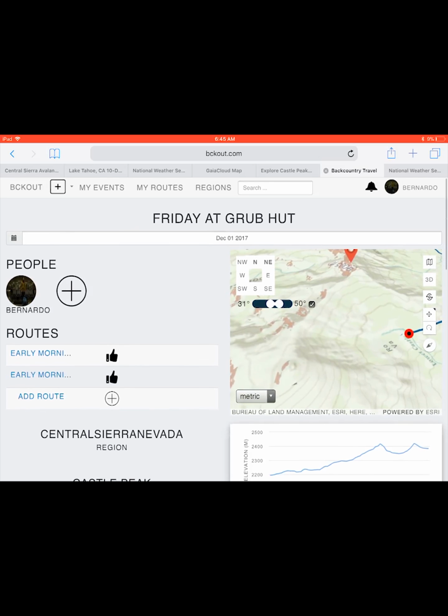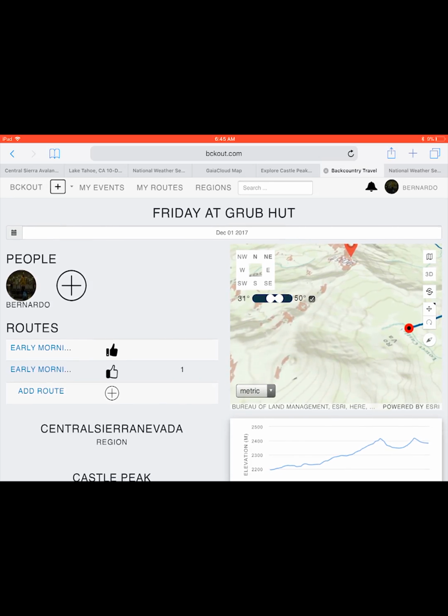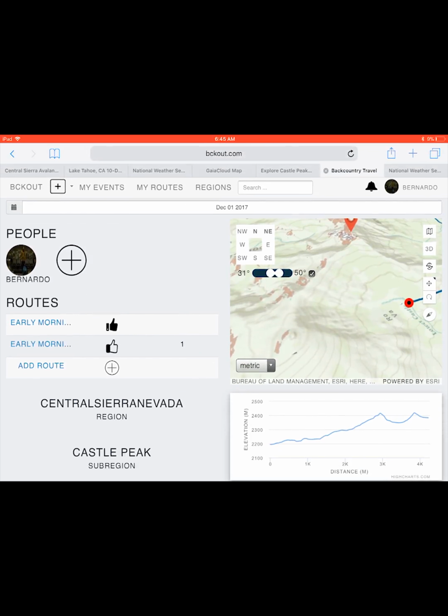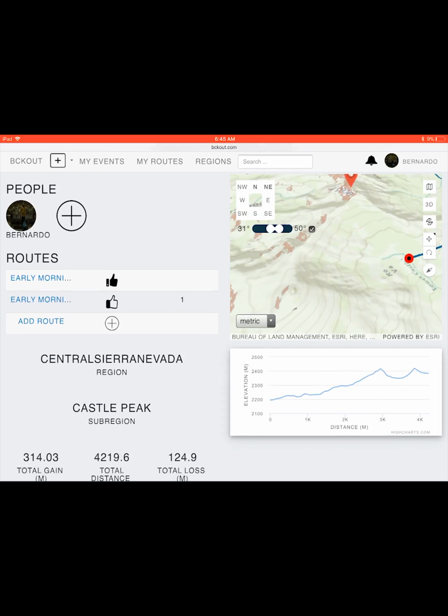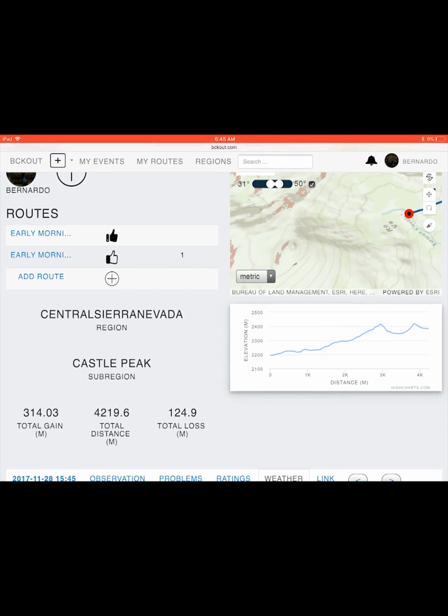And the thing is, I could vote, right? I could vote and say, I want to do this one. Everybody would add their own routes, and everybody would have a say in the votes that they want to cast on something. Basically it's a distinct way of casting a vote towards something and making your point heard, rather than being like, well,